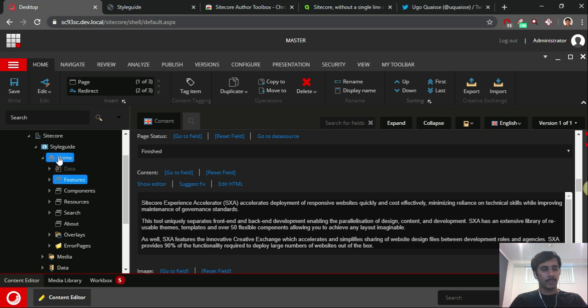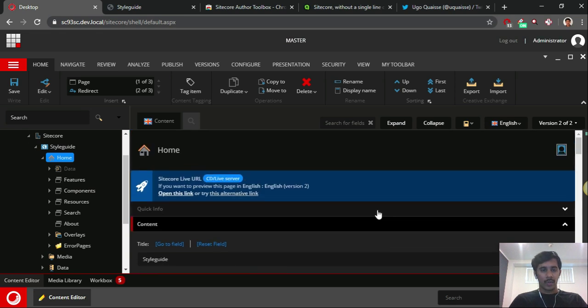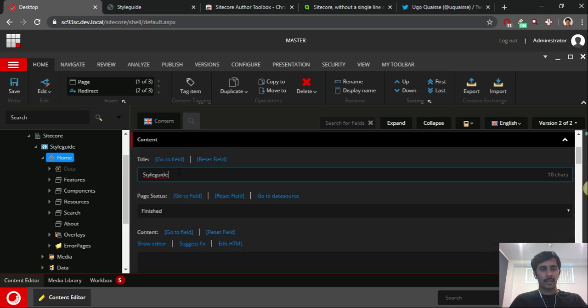the next option is character count. If you observe here, there is a style guide for all the single line and multi-line text fields. We have a character count here, like 10 characters. This is a very useful feature if you have a character limit for that text.